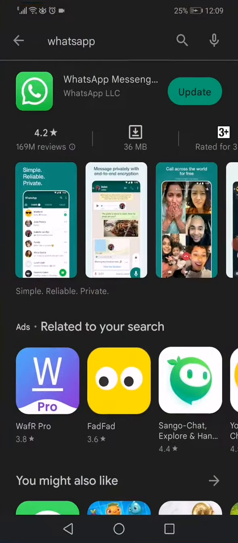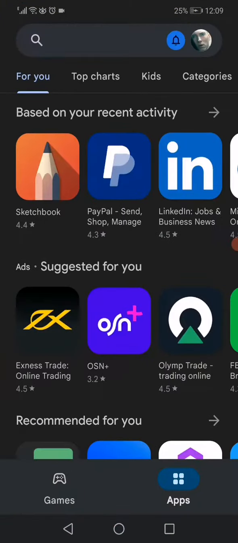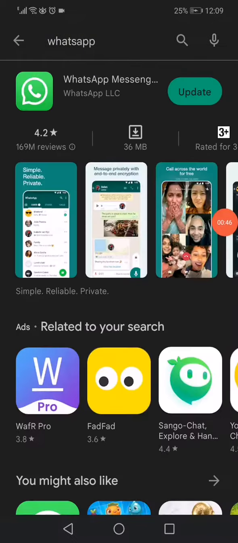Now you have to open the Play Store or the App Store if you have an iPhone, search for WhatsApp, and then you have to click on update right here to update it